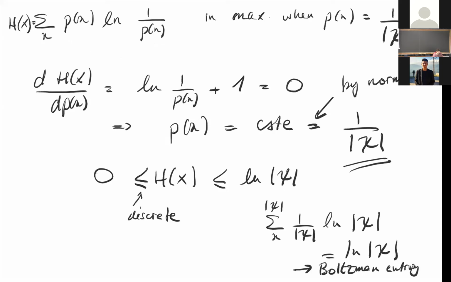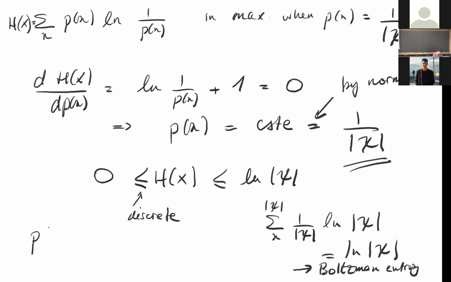I already said it, five minutes ago. Think, look at the function: in which case can it be 0, under the constraint that these P of x are between 0 and 1? Oh, yes. Yes, you can. In which case? When there is one outcome, when there is only one possible outcome. So when the random variable is deterministic,